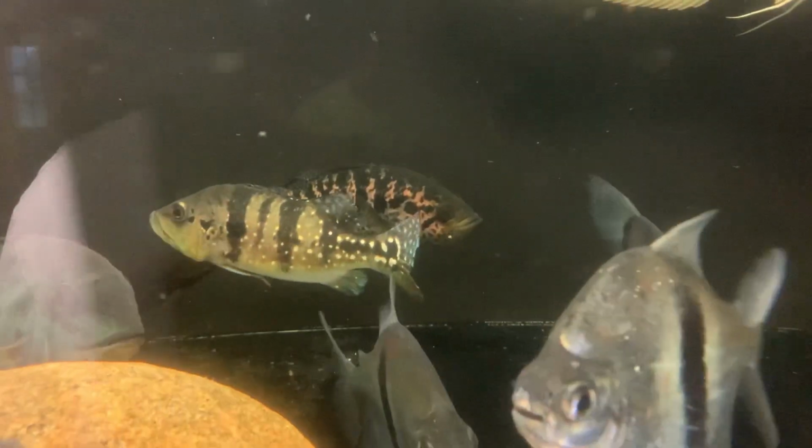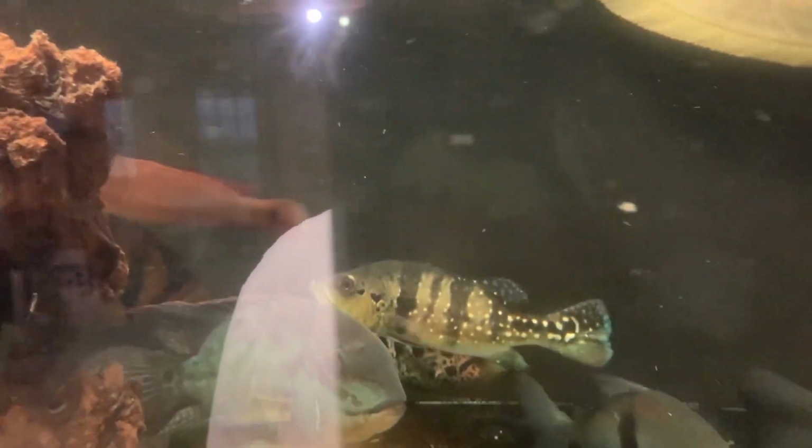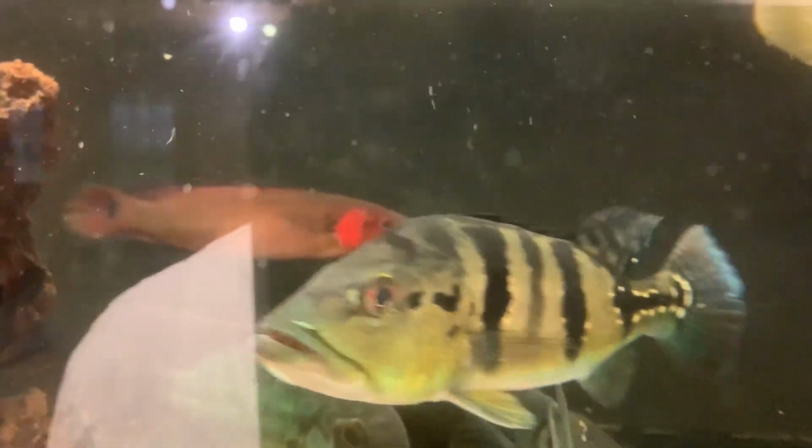There's my female jaguar back there hanging out with one of the peacock bass, dodging across the scene in the back. My red pike cichlid. I'm not sure if that's the male or the female, but I know that is the brighter of the 2. And these 2 have become somewhat inseparable. So there's my true parrot. Hey, what's up, big guy? Okay, so